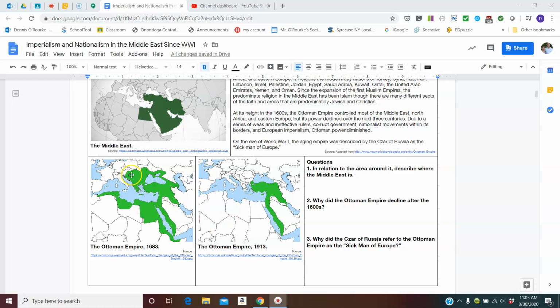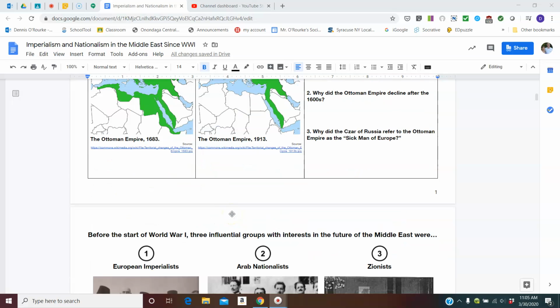And then here's the Ottoman Empire in 1683 at its height, and then here it is in 1913. Why did it get that way, and why do you think the Tsar of Russia referred to it as the sick man of Europe? The answer to this one should definitely help you with the third one. Okay, so then sliding forward,